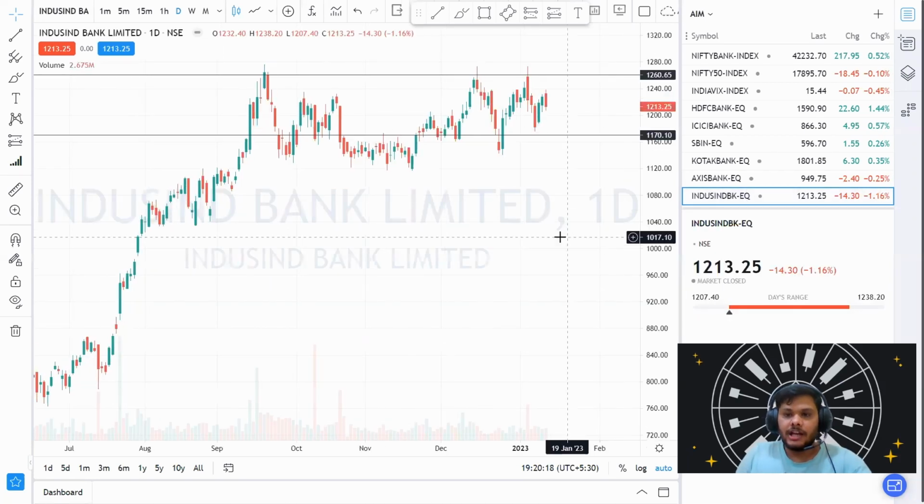Now let's look into our last bank, which is IndusInd Bank. In IndusInd Bank, you can clearly notice one thing, that it took resistance from the 1240 level, and it took support from the 1200 to 1210 level. So my suggestion would be to let it close below 1210 or 1200 level to take any kind of selling trade here. And for taking any kind of buying trade, it needs to close above 1235 or 1240, then after that you can take a trade for buying.